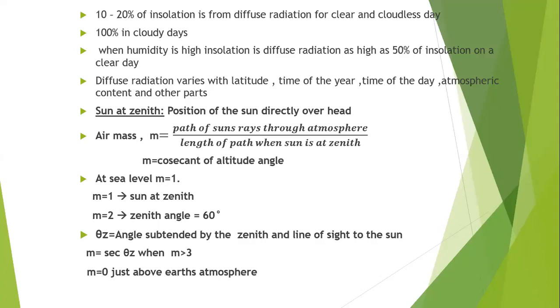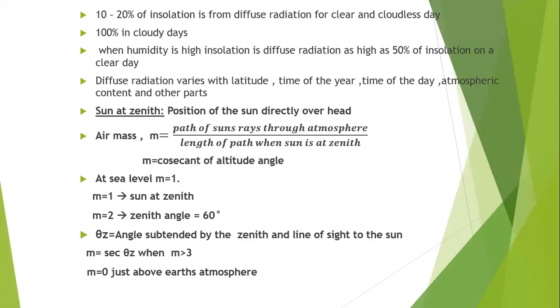Okay, so this air mass is denoted by m, and it is defined as the path length of radiation through the atmosphere. So it is the length of the radiation through the atmosphere, and we are here considering the vertical path at sea level as unity. We are taking the vertical path at sea level. At sea level, we are considering it as unity. It is one. So at sea level, the value of m will be equal to 1.